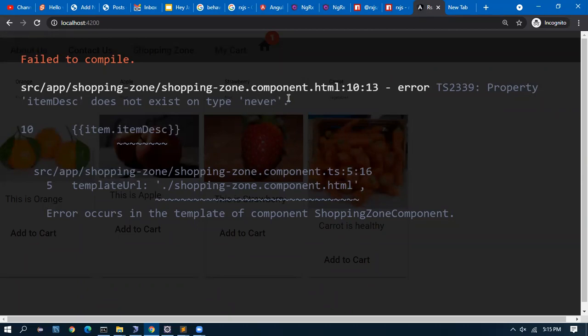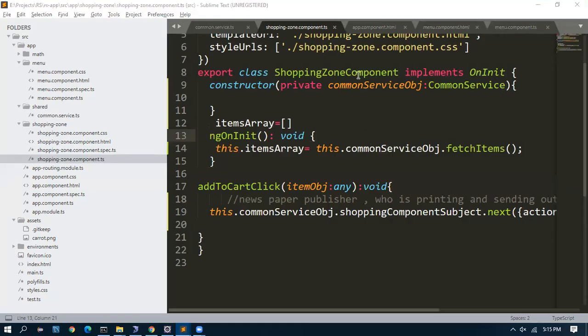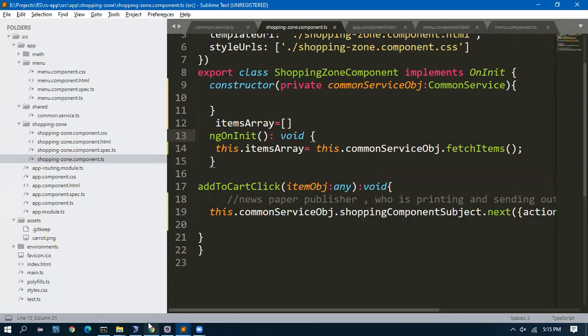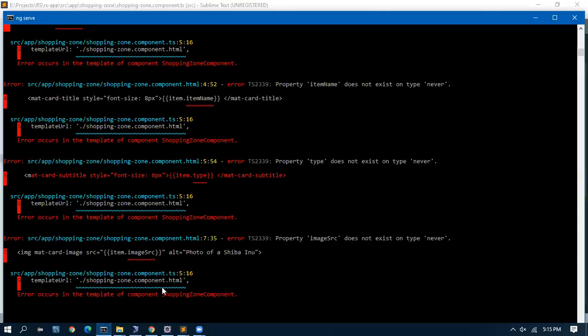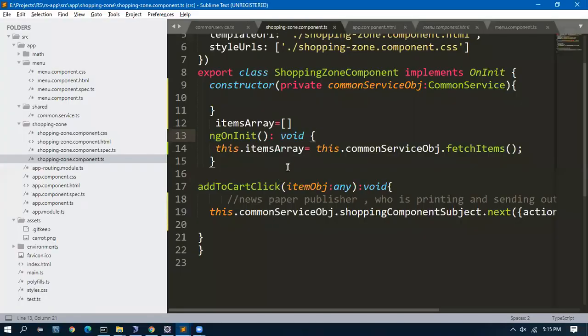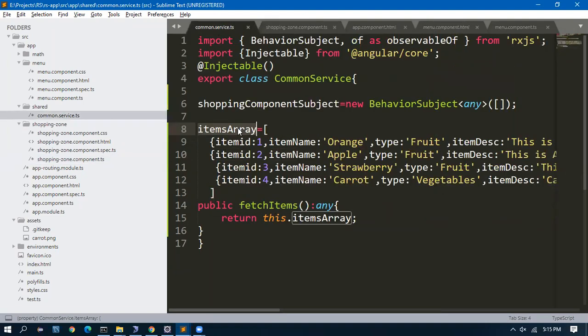Property item description does not exist on type never. Shopping zone component, on type never. Shopping zone HTML. This dot item array equal to this dot common service dot fetch items.